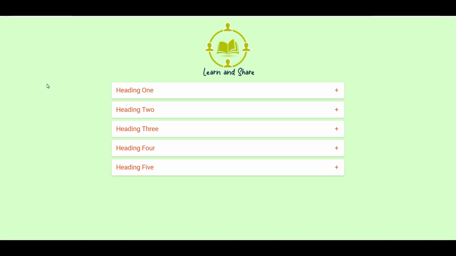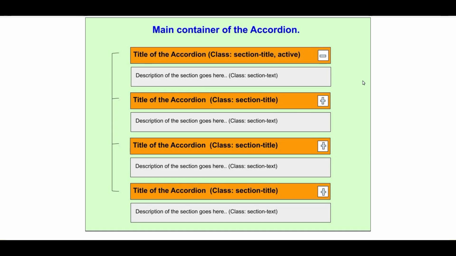Before starting the programming, let me explain to you the flow of the code and the logic to develop the accordion. As you can see in the image, the green area is the main container of the web page where the accordion is going to be coded. Within the main container, we will create a number of accordion sections and each section is divided in two parts. One is for the heading or the title of the accordion and the second part is the information about the section. The important part of the code structure is that all titles will have the same class name, like section-title, and all description text will have the same class, like section-text.